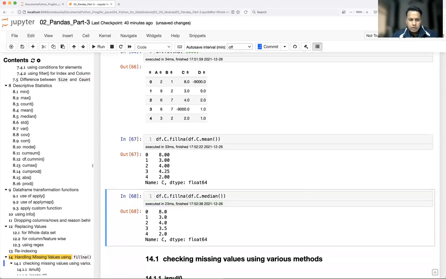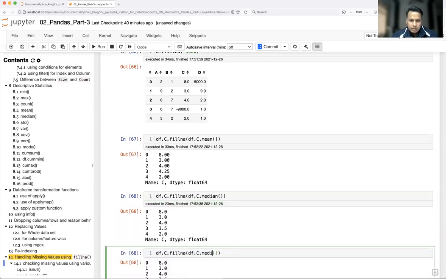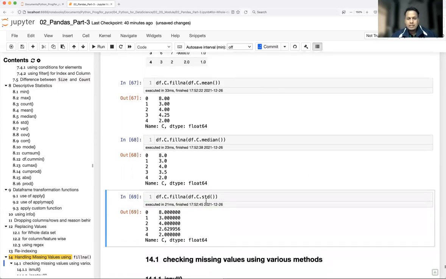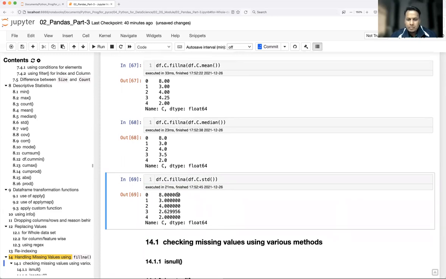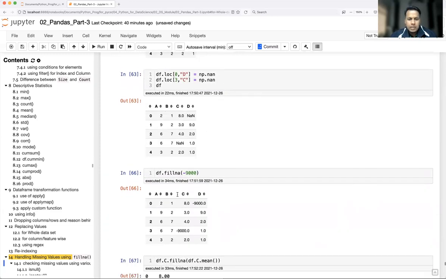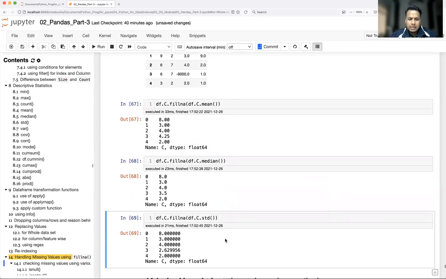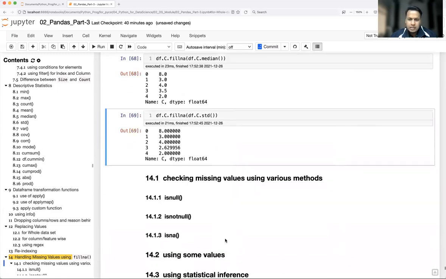Okay, so whichever value you want to fill, you can use that function. I want to fill standard deviation with that value. It's just an example. You will not be using exactly standard deviation, but you are free to apply any function. Okay, so that's how you do it. And don't worry, I'm going to use this again with the case study and with some projects.